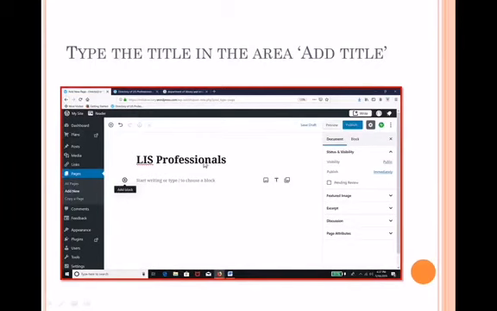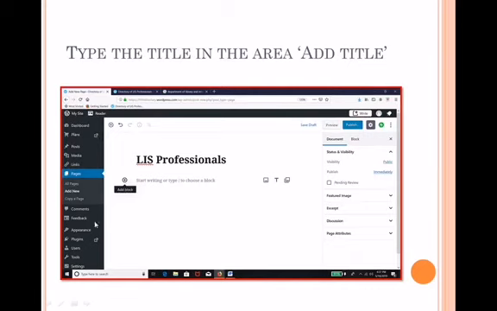You will get a blank page like this, where you can give a title for your page. Then you can start writing. For example, I want to write something about librarians. You can write here. Basically this is the new editor of WordPress, where one particular post or page contains many blocks. Your one page may contain many blocks. One block may be a paragraph, another block may be an image, another block may be a bulleted list of ideas, another block may be a URL link. This way you can have many blocks combined together to form a single page or a single post.